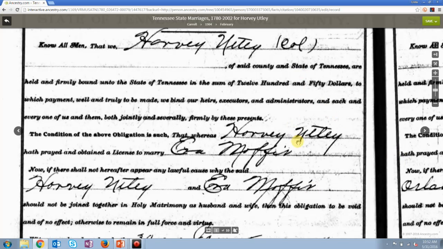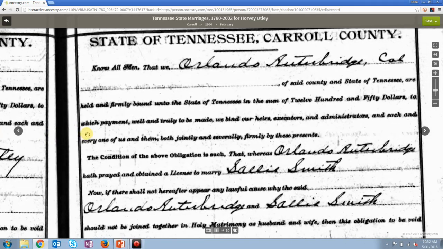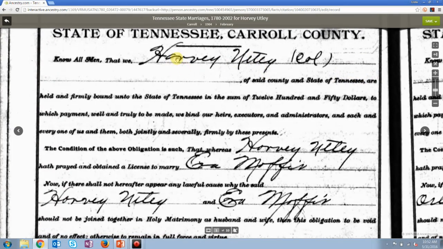Now, this particular record is all for this couple, but context is sometimes not just about the same page. Sometimes it's about multiple pages. And so we could go to the next record on the page. These are ledgers where two pages face each other, and there's one marriage recorded per page. We can go to the next image or the previous image and check it out. And so we started doing that, and we were able to finally read the handwriting: this says Harvey Utley,